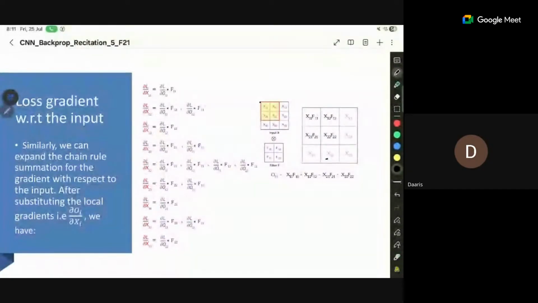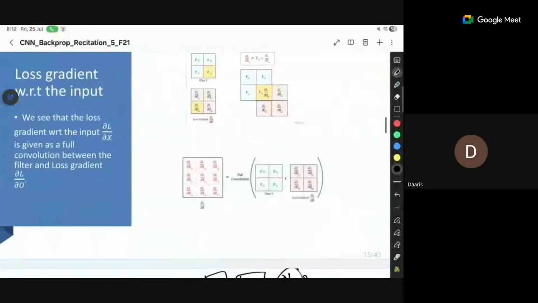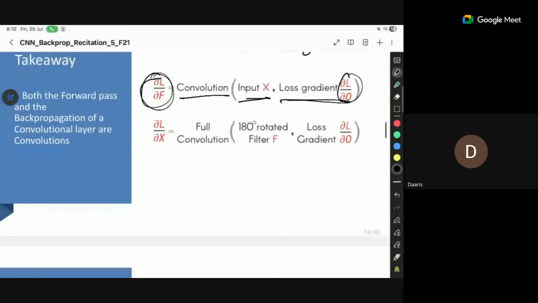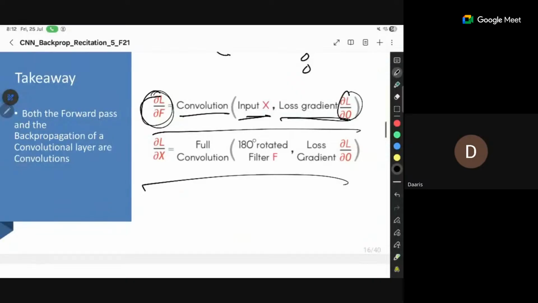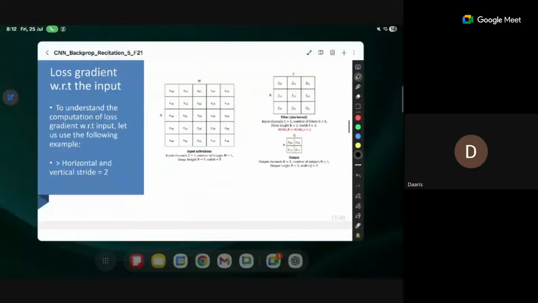So this x11, x12, x13, 211. If you do all of this, you'll get this output. But what is that? That is a full convolution. The full convolution is what I'll just show you how it will look like. But that you will get it. So this back propagation is chain rule across multiple paths. But what you will get is something like this, right? Now I have